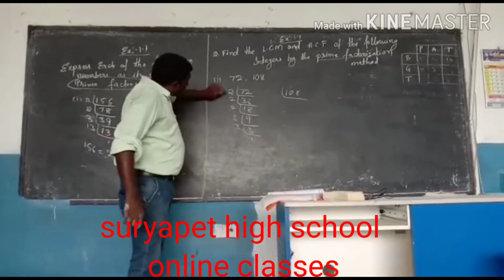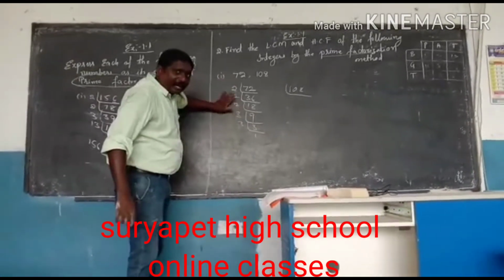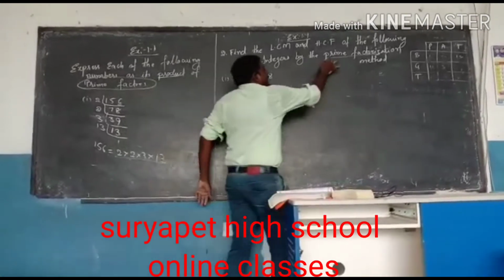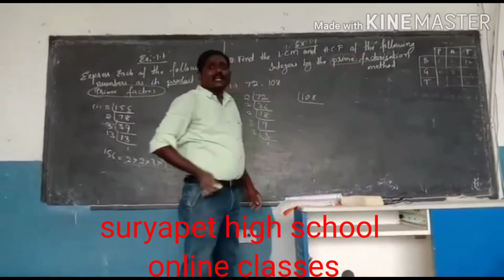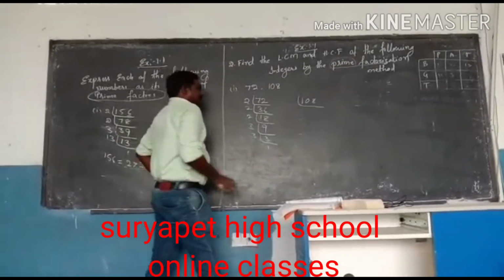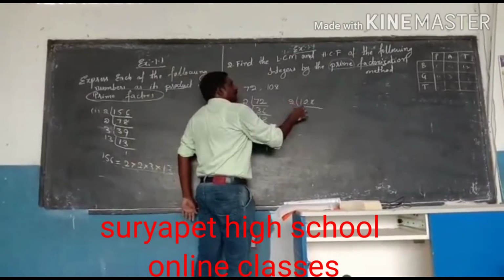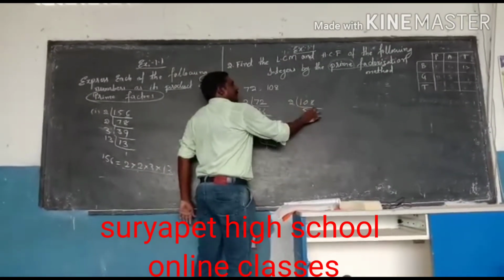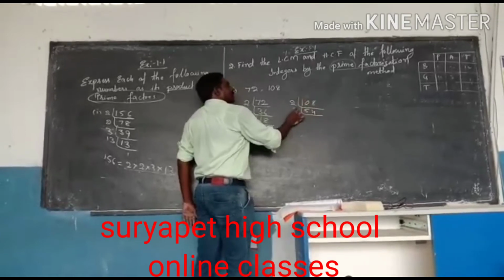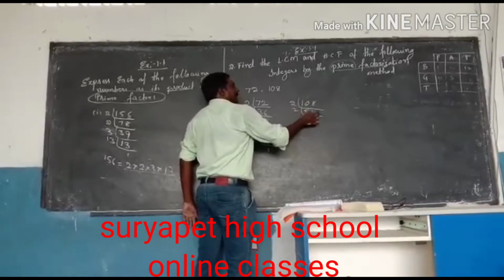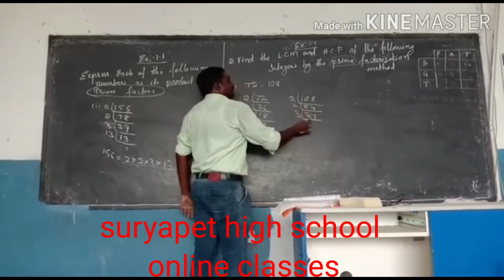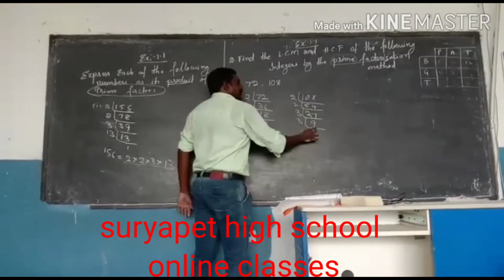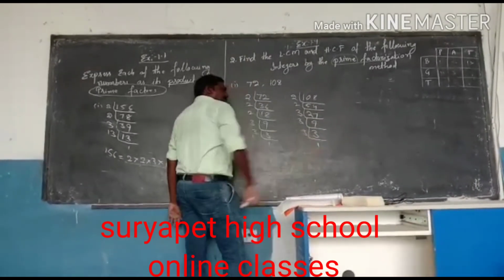What are the numbers I used here? 2 and 3. Why? He said particularly that only prime numbers. Now again, starting here: 2 fives are 10, 2 fours are 8, 2 twos are 4, 2 sevens are 14. 3 nines, 3 threes, 3 ones.